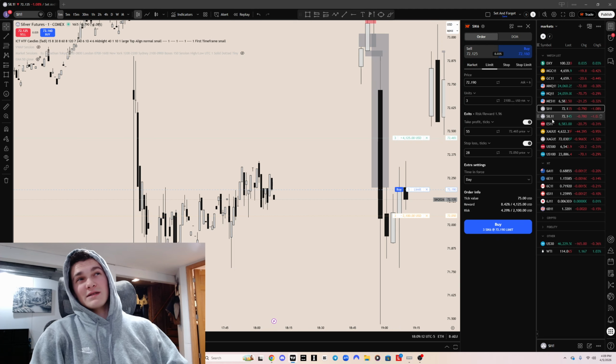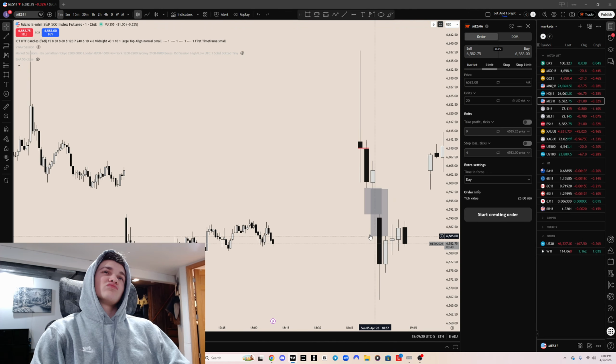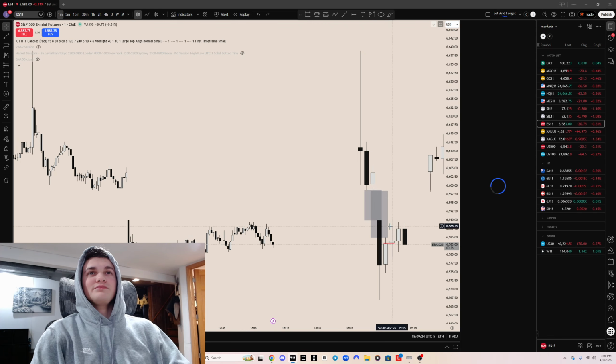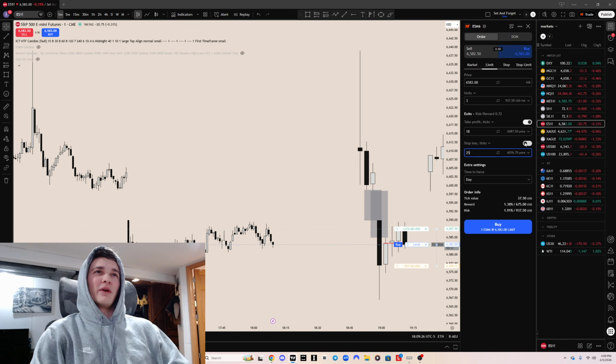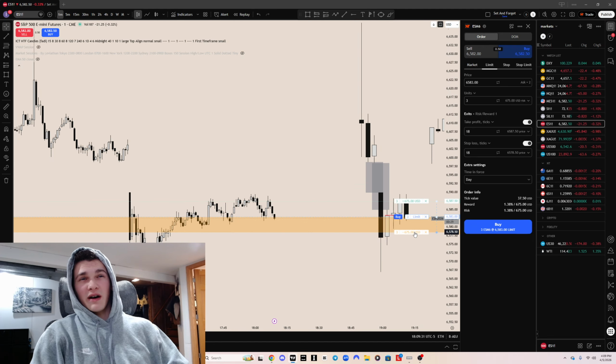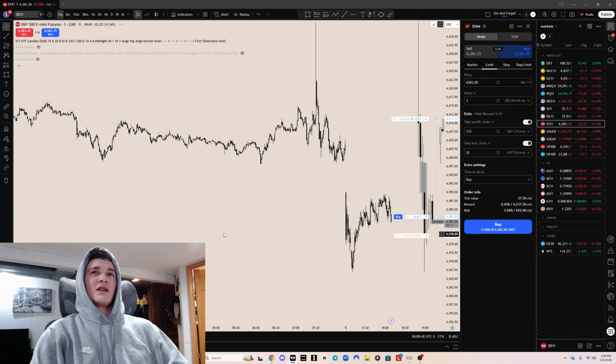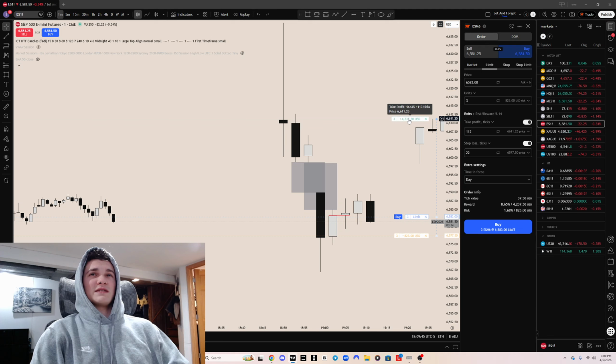I did it last time. That's how I passed the eval before. Yeah, I don't know. I'm just gonna look for whatever has a better setup. Hopefully it's on silver because I like silver better, or at least if you need to actually pass an eval. Because look at this. Look how big of a move I'm gonna have to catch tomorrow to pass this account in one trade.